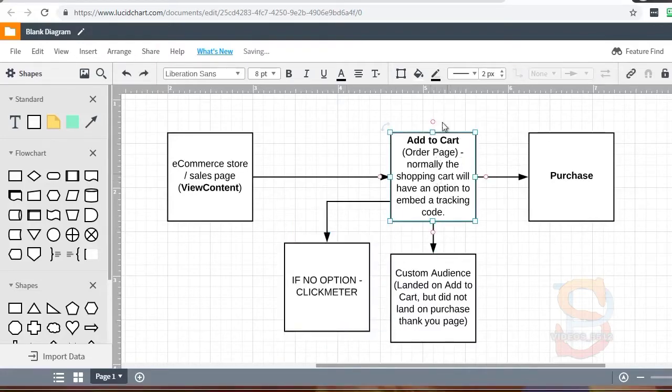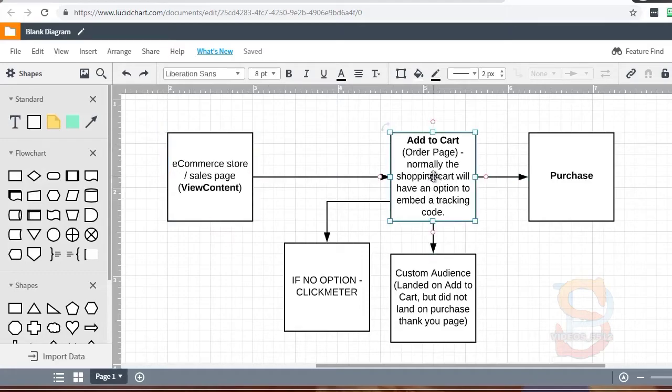And then, of course, we have add to cart, and then we have purchase. And then, like I said, you have these 3 pages. So 1, 2, and 3. Now you want to basically create a custom audience that says, if somebody lands on this page, so kind of think of some logic here. If then this happens. If somebody lands on here, which everybody lands on here, and then some people click on